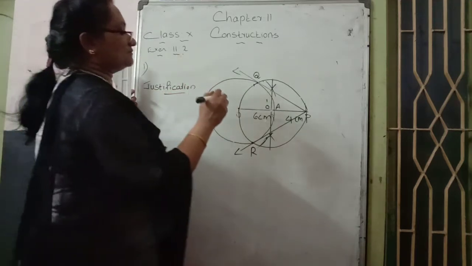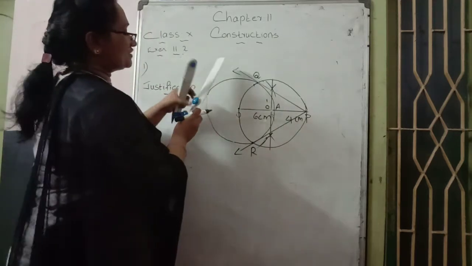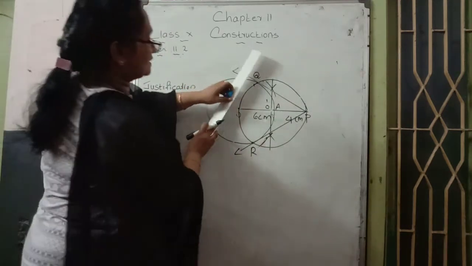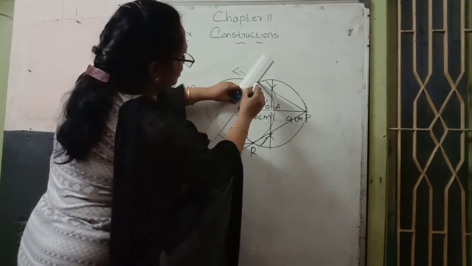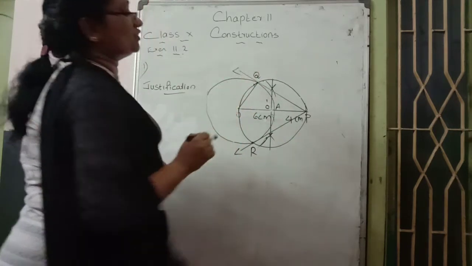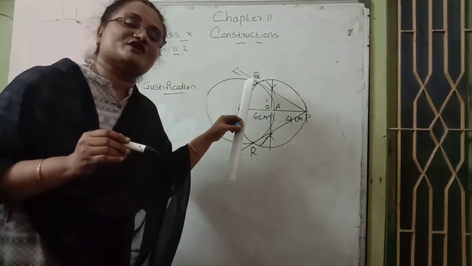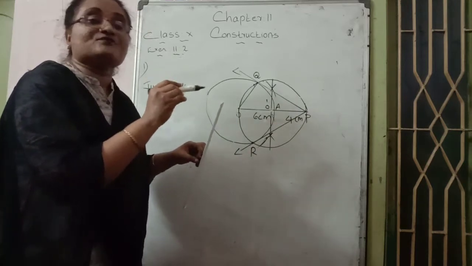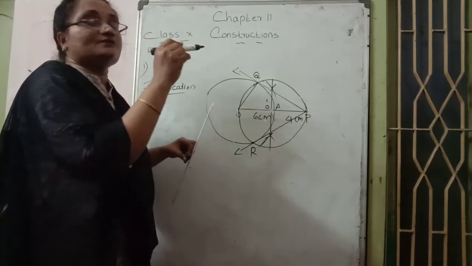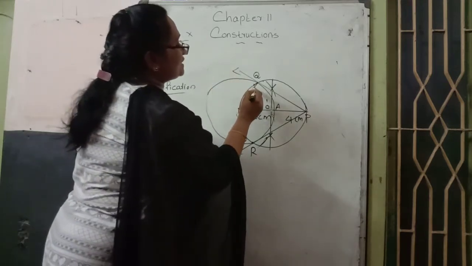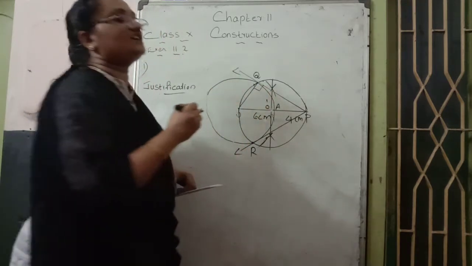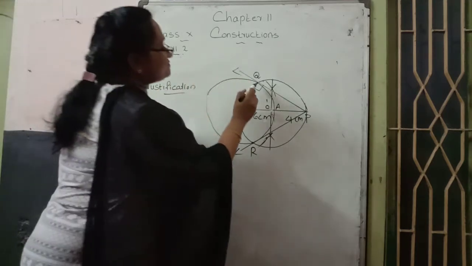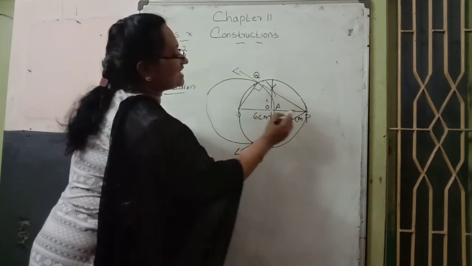How to prove that? With respect to O, the center of the first circle, draw a radius. That means join O to Q. Actually OQ is the radius of the first circle. There is one property you learned: radius and tangent. When a radius meets a tangent, they make how many degrees? 90 degrees. With respect to the 90 degrees, we now get a right angle triangle.